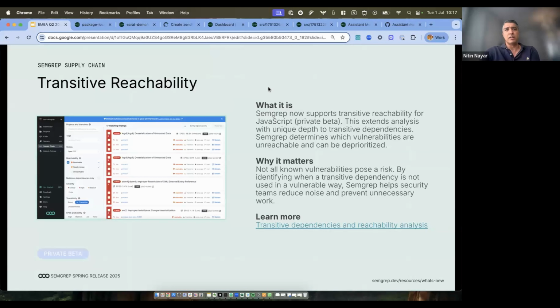All right, cool. So now let's change tracks from the SaaS side more into the supply chain side. And this is, I think, one of the most exciting capabilities. This is the most talked about capability, which is transitive reachability. So we now have support for JavaScript in transitive reachability, as well as